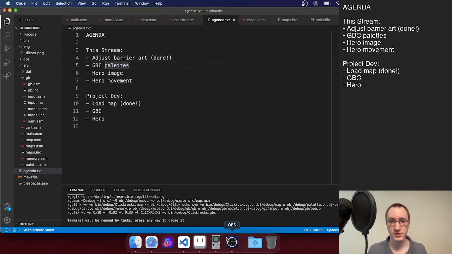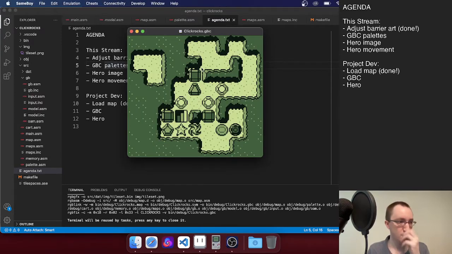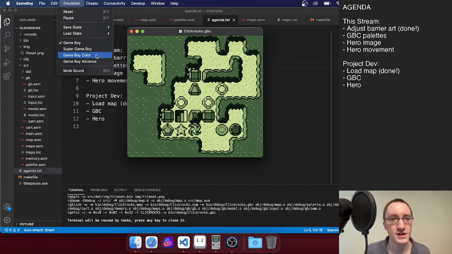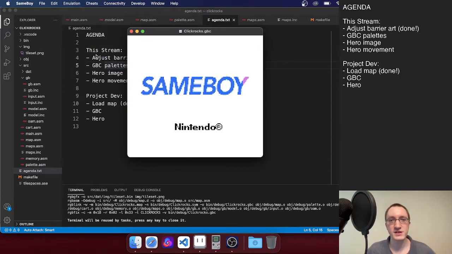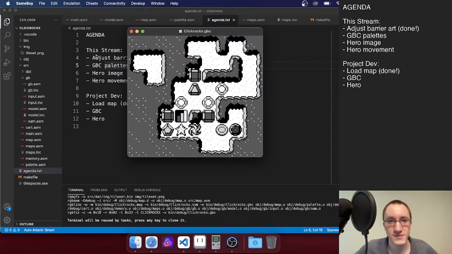Okay, so next is Game Boy Color palettes. Last stream we added basic Game Boy Color support. But you can see the only palette right now is grayscale, so it looks like a Game Boy game. So what we're going to do